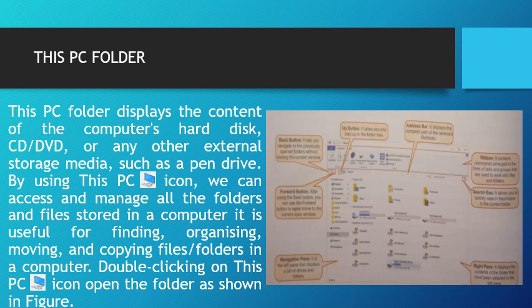Ribbons. It contains commands arranged in the form of tabs and groups that are used to work with files and folders. It contains all the commands arranged in the form of tabs, like the File tab, the Edit tab, and groups that are used to work with files and folders. Whatever file and folder you want to work with, the ribbon is used to group and work with it.